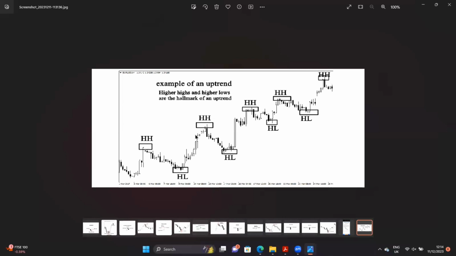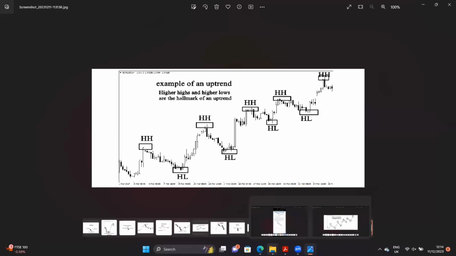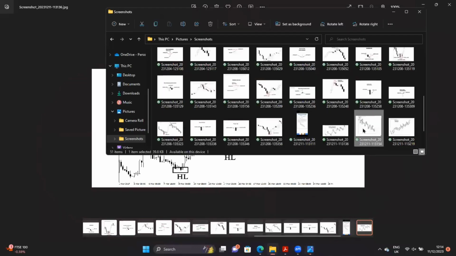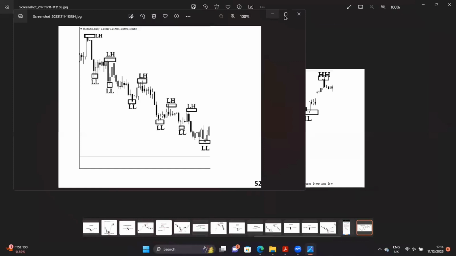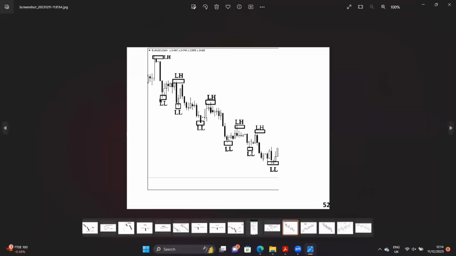You don't need a seer to tell you that, because price is going higher, making higher low patterns and formations. Higher highs and higher lows are the hallmark of an uptrend. So in a market that is making a lower low, lower high, lower low, lower high, it simply tells us that this is